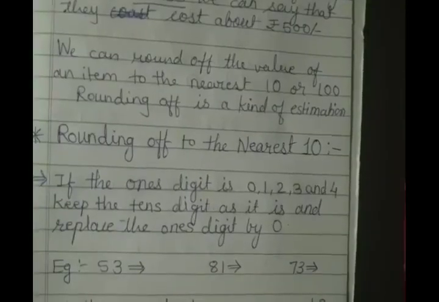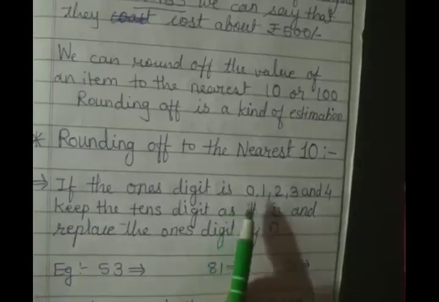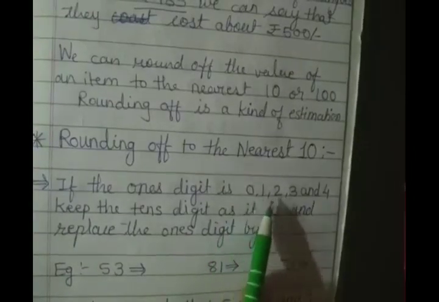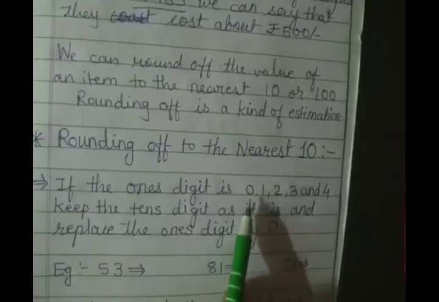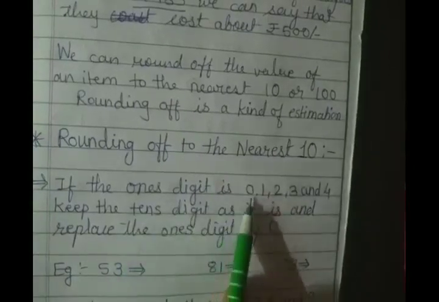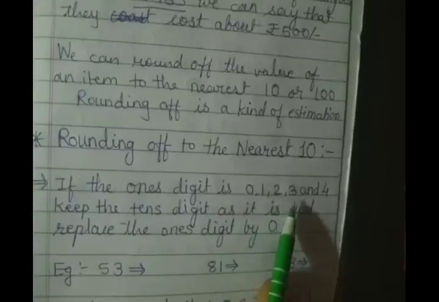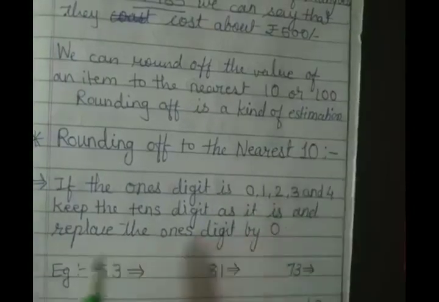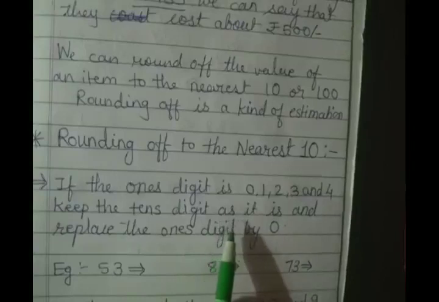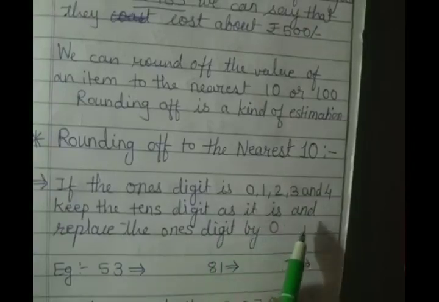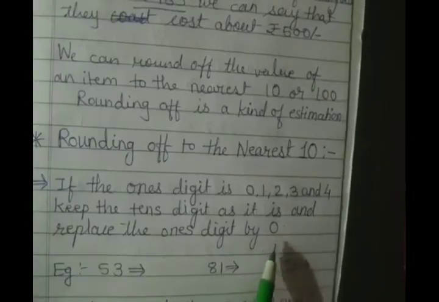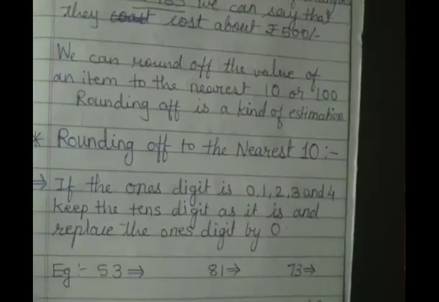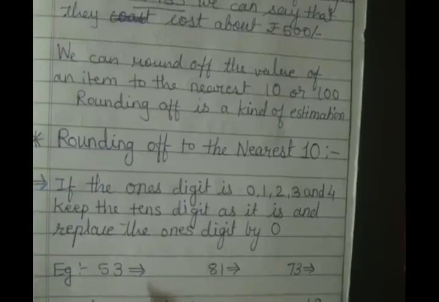If the ones digit is 0, 1, 2, 3 and 4, I am repeating, if the ones digit is 0, 1, 2, 3 and 4, keep the tens digit as it is and replace the ones digit by 0. For example, see here,